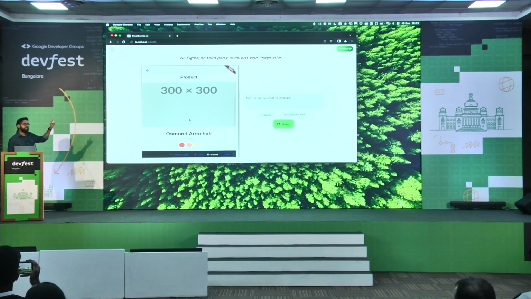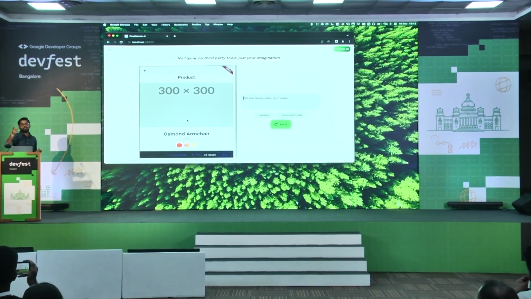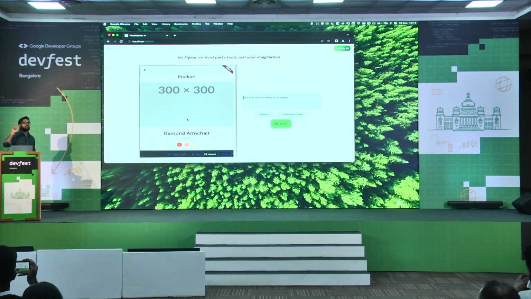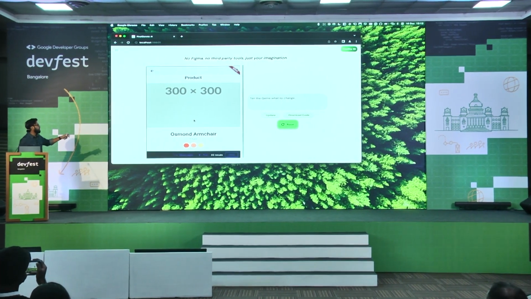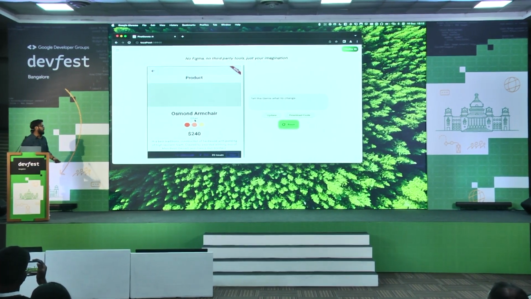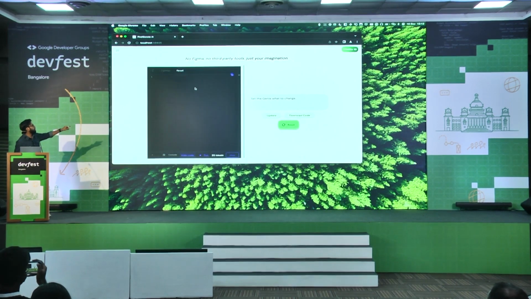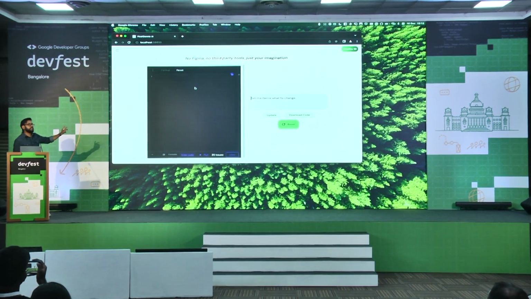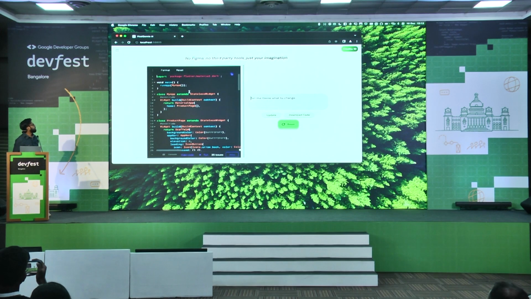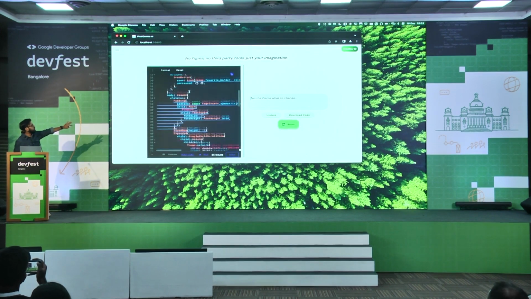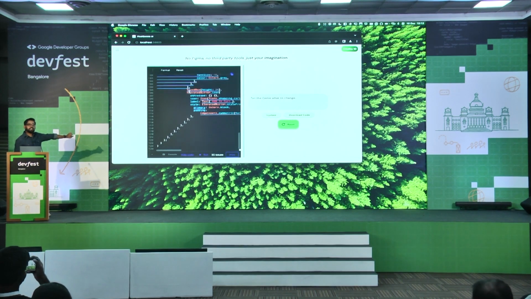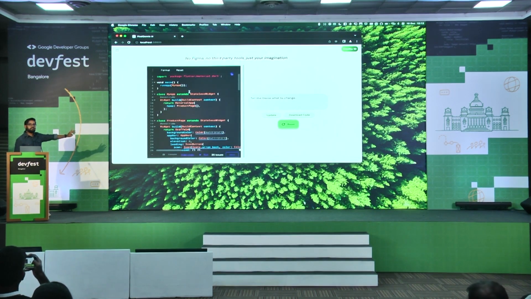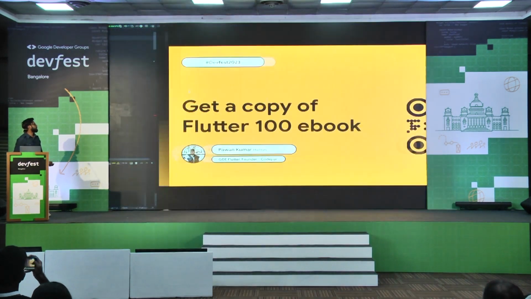What I have done is I didn't take any images, because I told you that you have to remember that you are not using any copyright materials, by any chance. So this replaces them with a placeholder where you can add any image. And I'm not using any third-party libraries. If you see the code, if you understand Flutter code, this is the easiest code you will ever see. There is nothing here which is difficult to understand, I guess. Right? Easy? So yeah, these kinds of things you can also do.